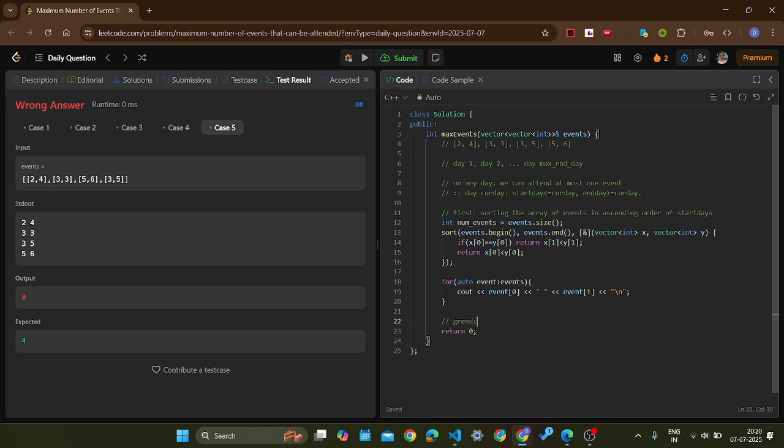Now if we think greedily, out of all the events in the loop, say we are on some current day and we can attend all the events from index 2 to 6. We have a long list of events, and I'm just mentioning the index. So say there are 11 events, and according to the current day I can attend the events 2, 3, 4, 5, 6.